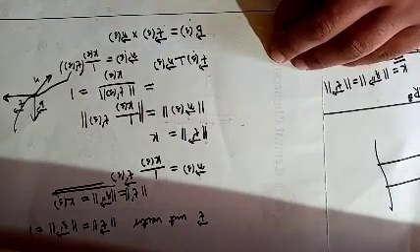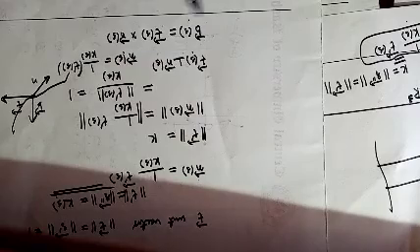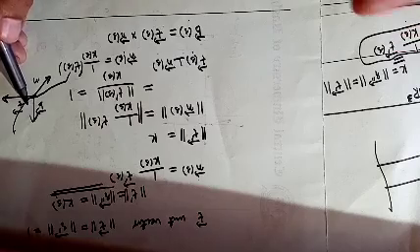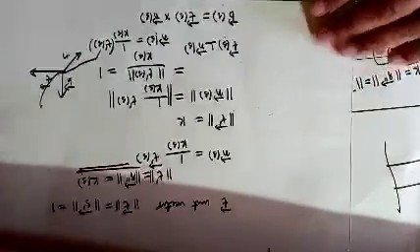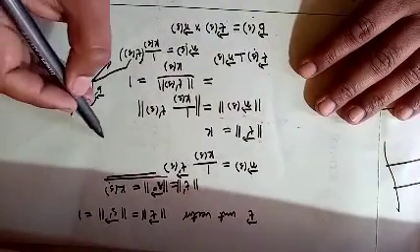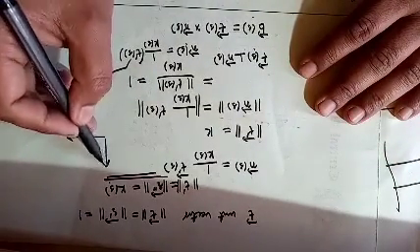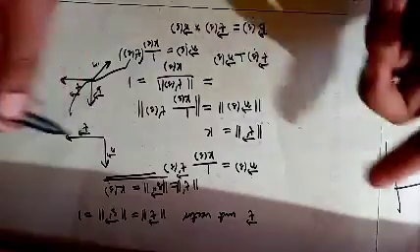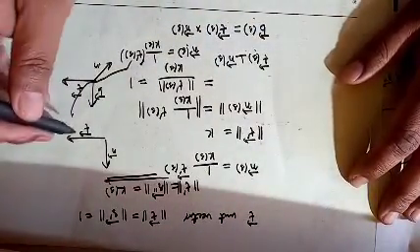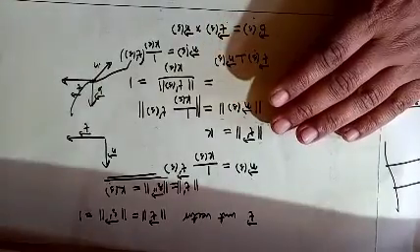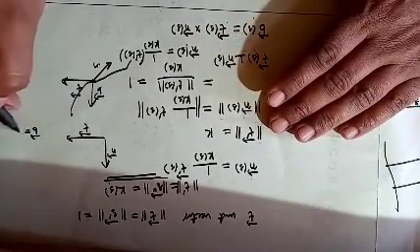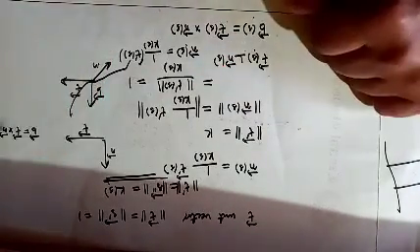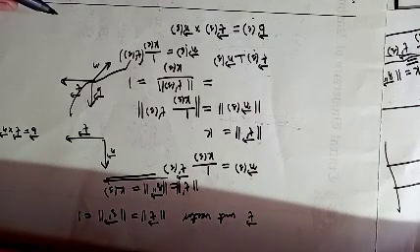Remember that if you have t and n, you have to choose b. There are always two choices for b. Suppose this is t, and this is n, and they are in a plane because they are mutually perpendicular. Two vectors that intersect are always inside a plane. Now suppose the plane is the plane of the paper. Now b is t cross n. This could be either the vector coming out of the page or going into the page. We make the choice